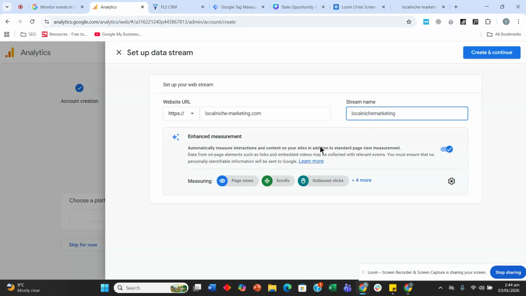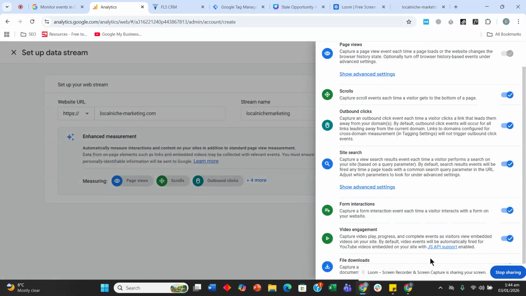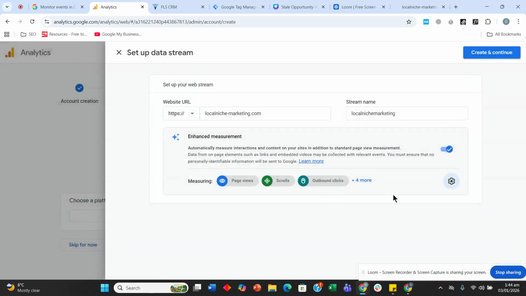Okay. Enhanced measurements. We don't have to worry about all these things because these are all the user interactions, or you can say the engagement that are being done by the user on our website, will be measured. Once you are set up here, create and continue,